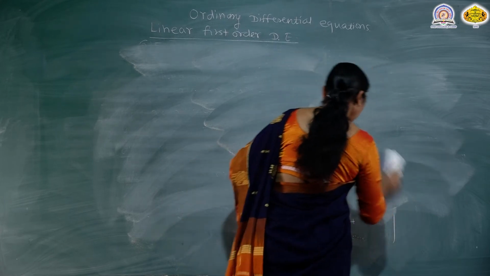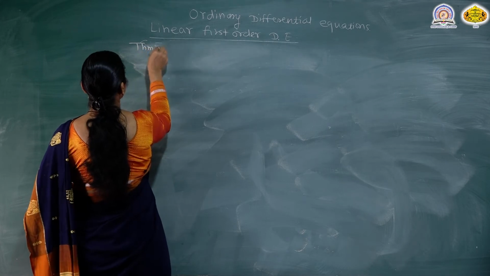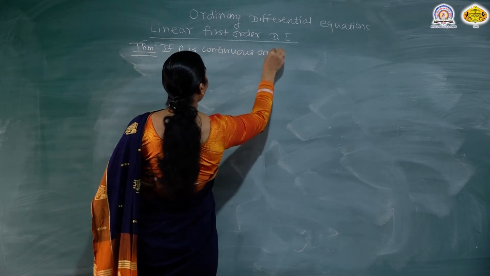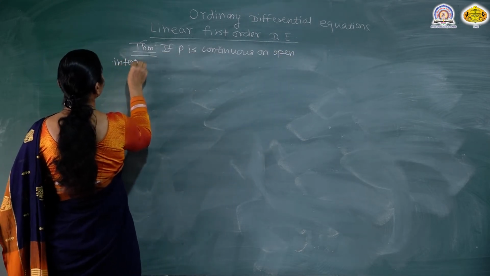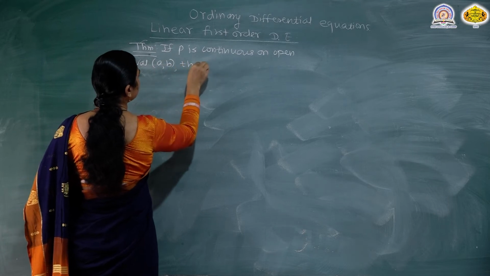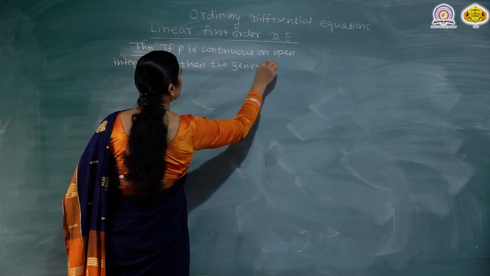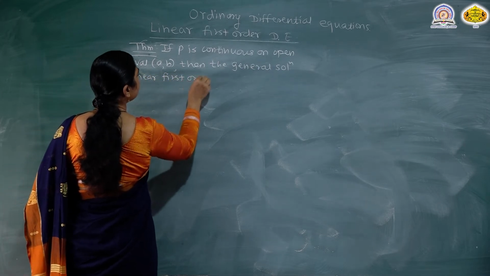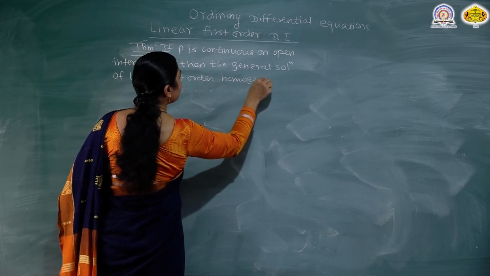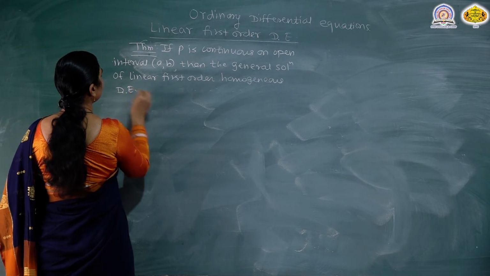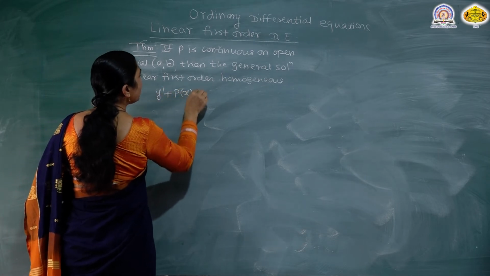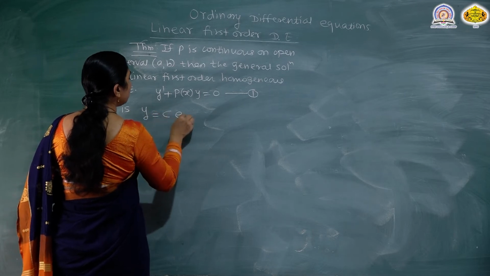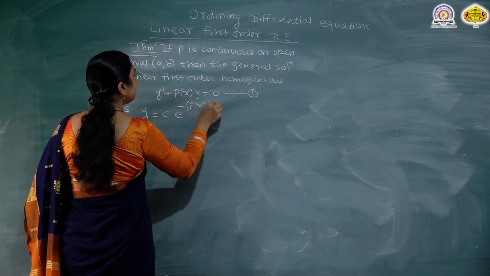It says that if P is continuous on open interval AB, then the general solution of linear first order homogeneous differential equation y dash plus pxy equal to 0 is y is equal to c e raised to minus integral px dx,